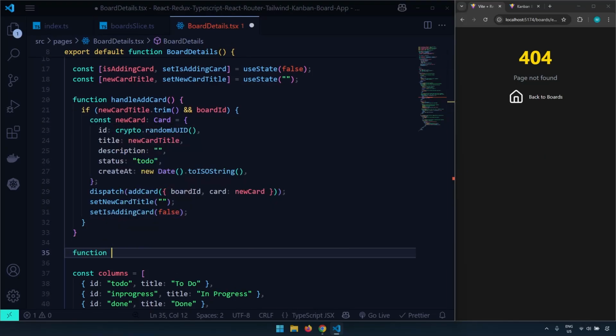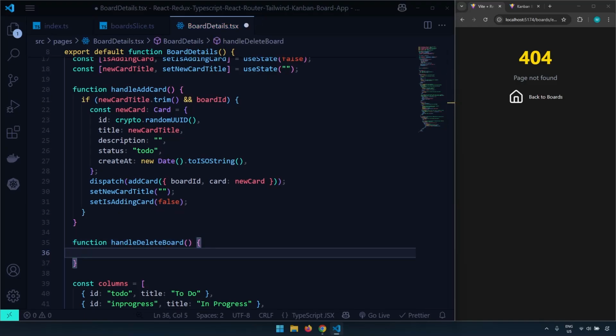I'm going to say function handleDeleteBoard. Now, when I'm trying to delete a board, I don't need to check the ID here. So I don't have to pass it because I'm already on that board's page. So what I'm going to do is just ask the user if they're sure that they want